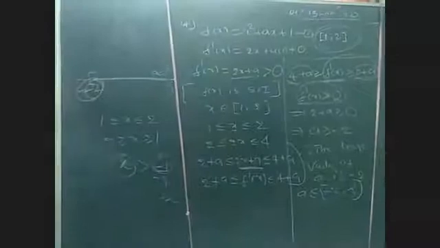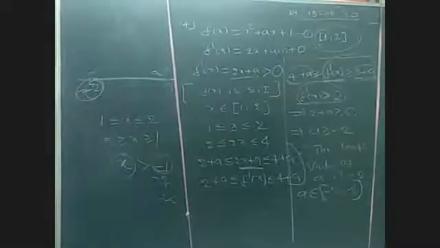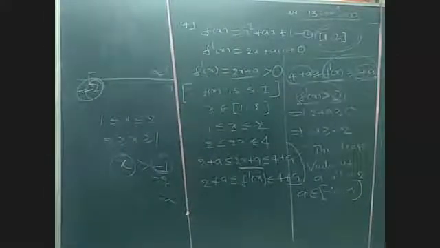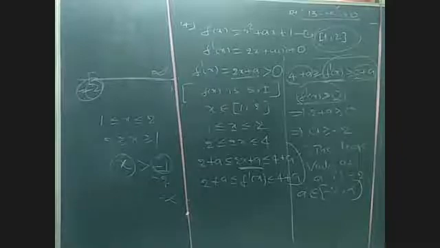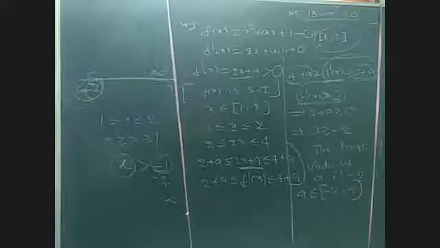We can consider even 0 also, because f dash of x is clearly greater than or equal to 2 plus a. That 2 plus a may be 0 also. I am talking about the 2 plus a value. Okay, sir.